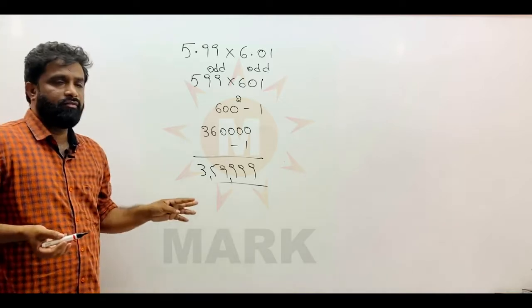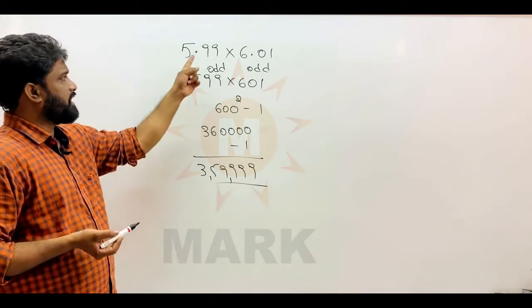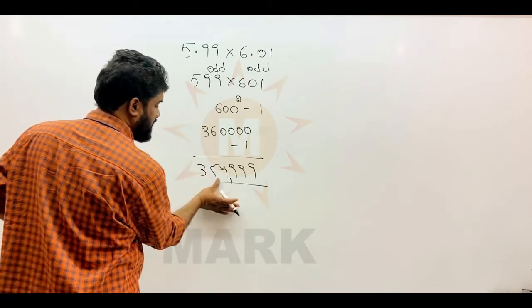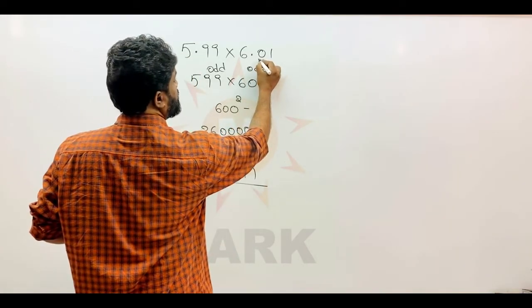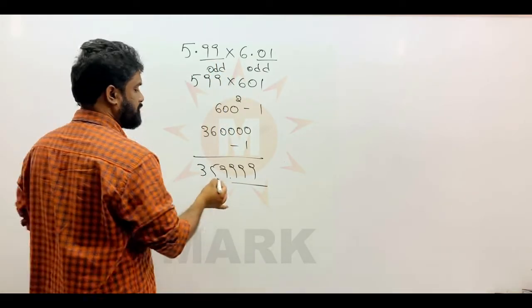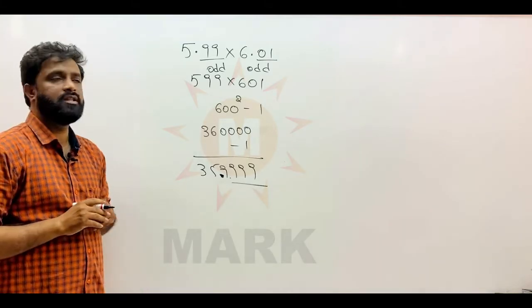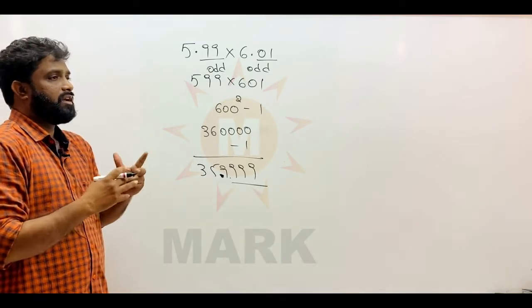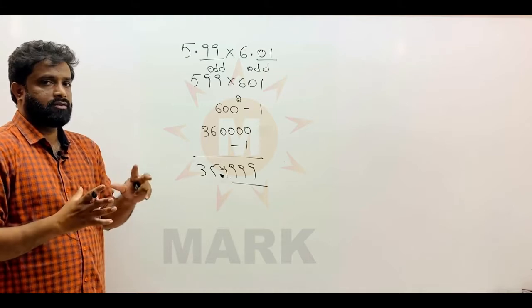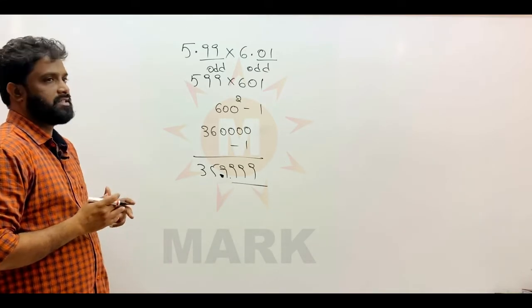So, in this way we can use this. In so many areas it is very useful. Whenever decimals are there, I am writing the decimals here. After the point there are two numbers here, and after the point there are two numbers here. So in the product, after the point there should be 4 numbers. So I will put the point here. 35.999 will be the answer. In this way, decimal multiplications can also be solved very easily by using this technique.